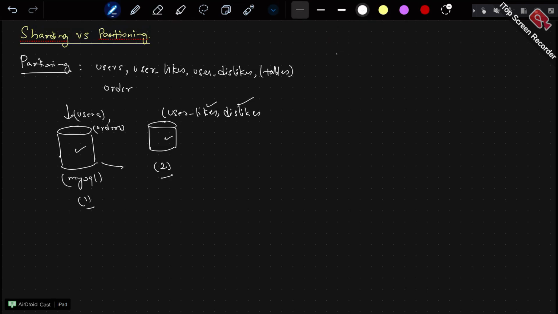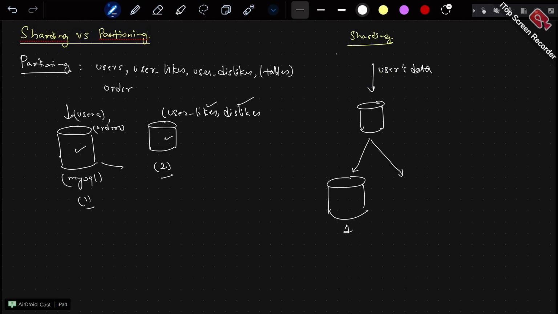Okay, in most cases we do have partitioning also, but just remember sharding is the most widely used one. Now in sharding, you have your database over here. For example, users data is coming. Whatever users related data is incoming, the DB has exhausted its limits and now we want to scale this out. The way we scale this out is we add one more database node. This is node 1 and this is node 2.